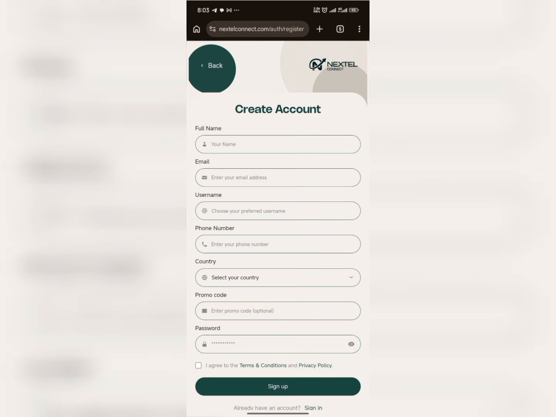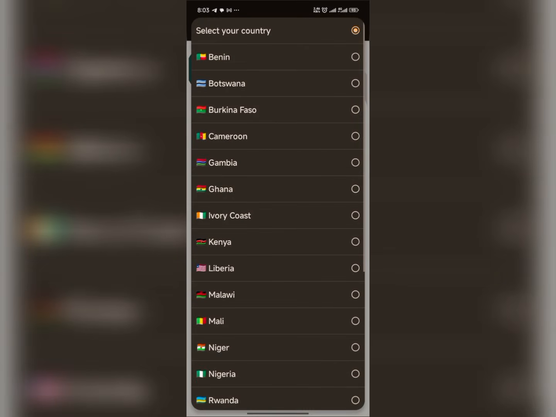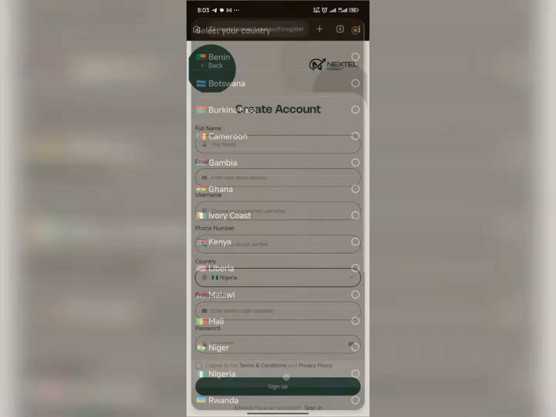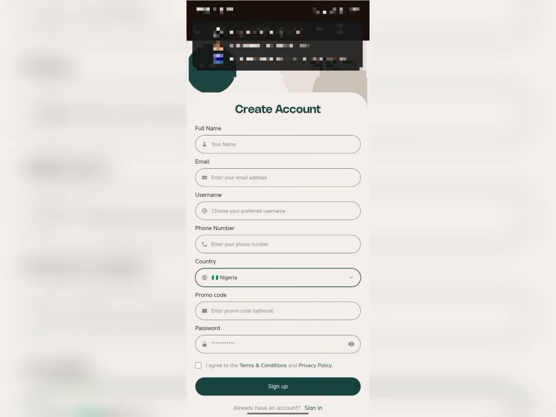Now once you appear on this page, all you have to do on this page is to put in your phone name, your Gmail address, your username. Make sure the Gmail address you put in is your correct Gmail address, because you'll be receiving an email to verify that. So make sure you put a working email address. Now you put in your username, you put in your phone number, you put in your country of residence. There are various countries here, Nigeria and other African countries, so you can put in your country of residence and